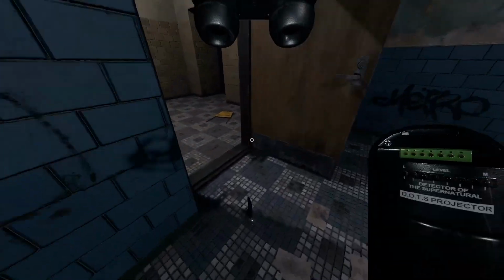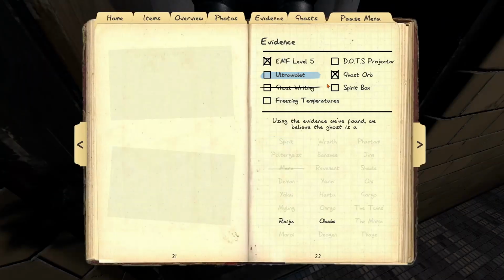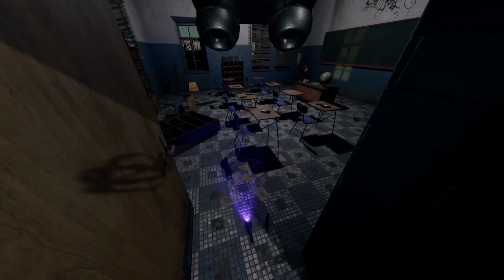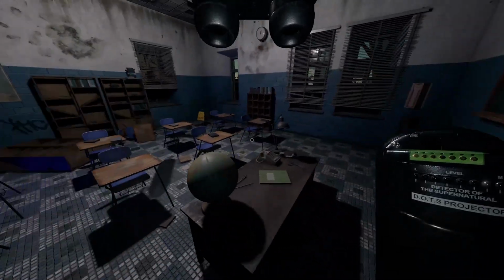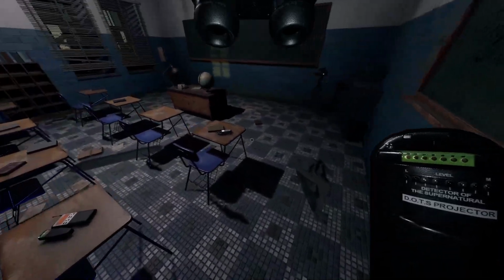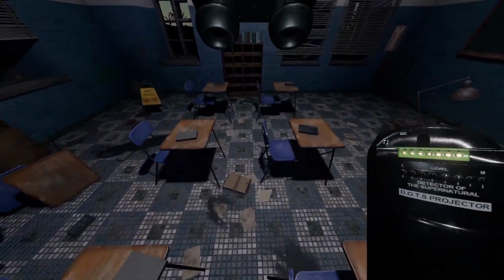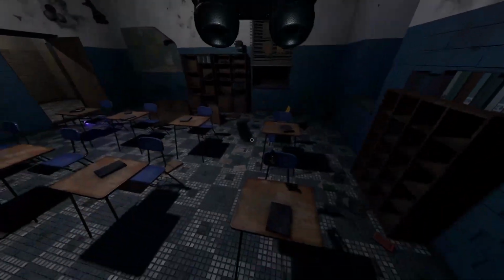Oh, it's probably gone. No UV. So, if it's EMF 5, then it has to be a Raichu. Now for doing dots, what I like to do is try to...